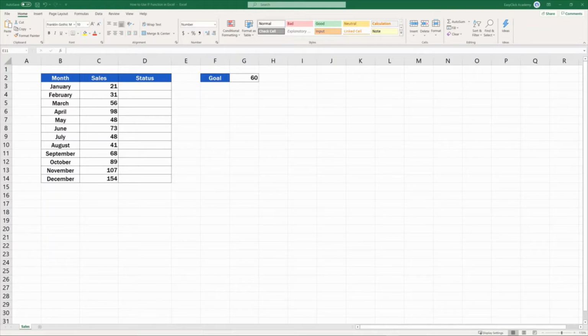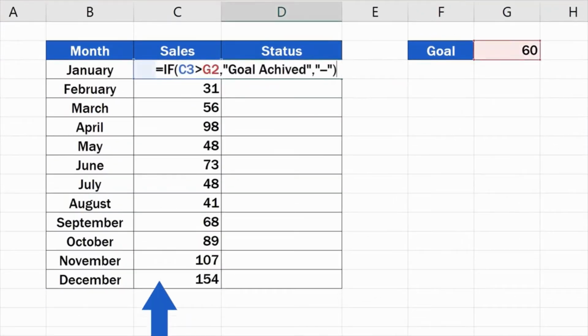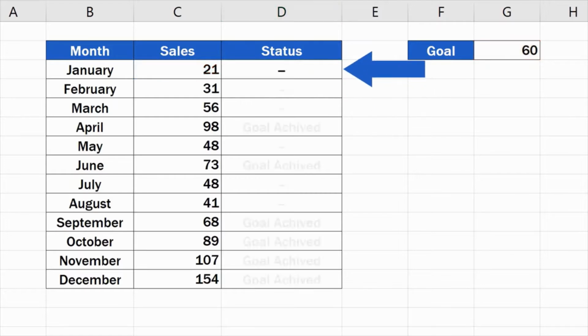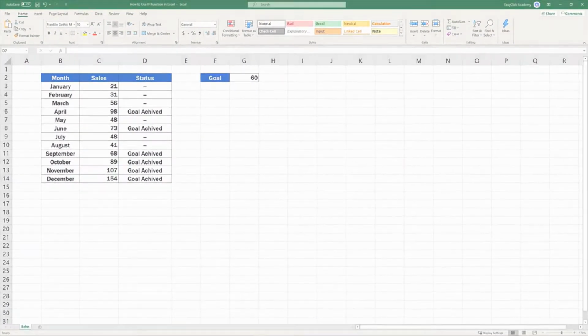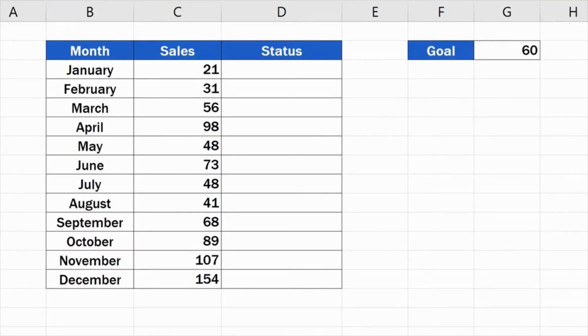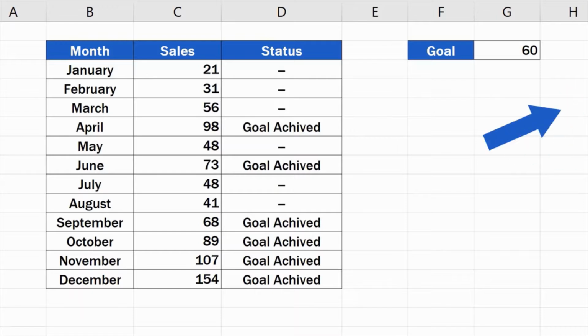Welcome! The IF function is one of the most popular functions in Excel. Let's have a look at what the function does to get an idea in what situations it can be used. The IF function comes in handy when you need to evaluate a logical condition and quickly find out whether it is true